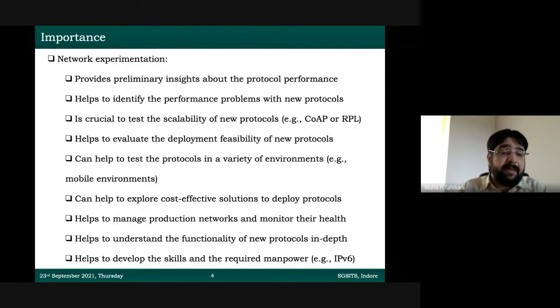Look at how a real packet looks like. Open up a packet in Wireshark and see how an IP header looks like, or how a TCP or a UDP header or an HTTP header looks like, and that's always more important. And last, every university, whether in India or abroad, has a dedicated lab for networking. Why is that important? Because we want the next generation of students and the manpower to have those skills so that they can perform network experiments. And these skills will be useful in future.